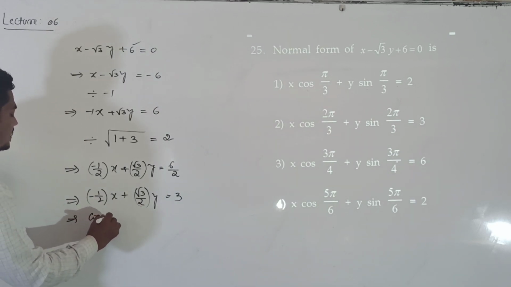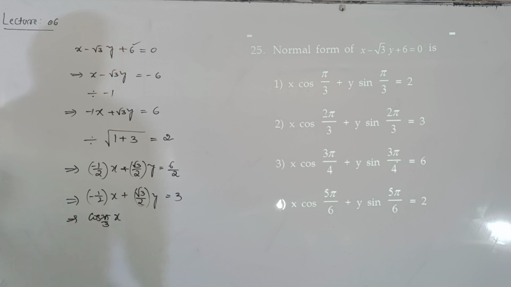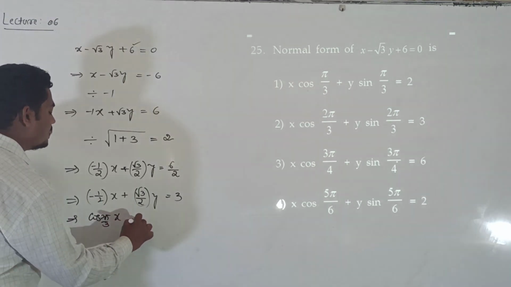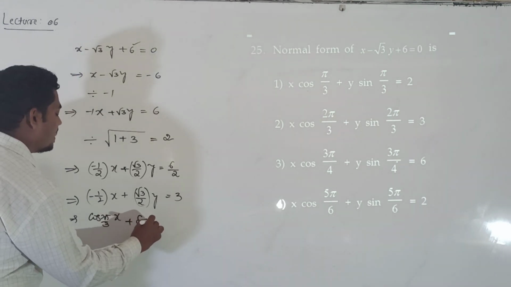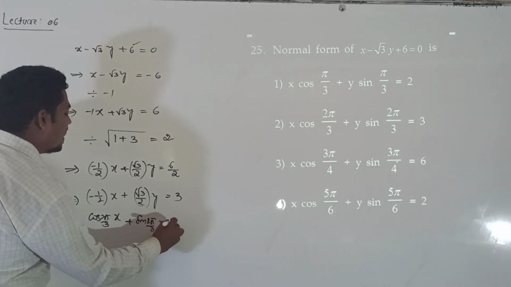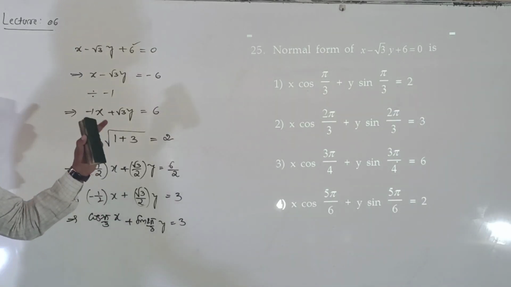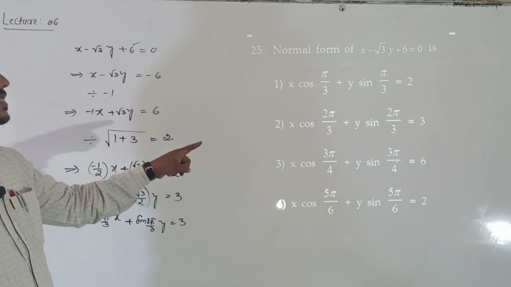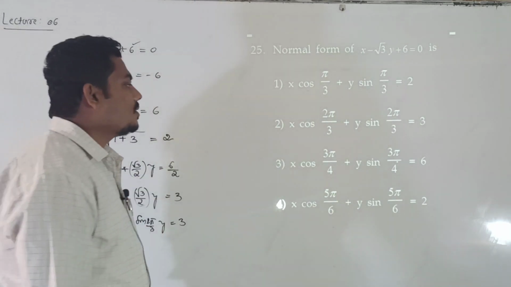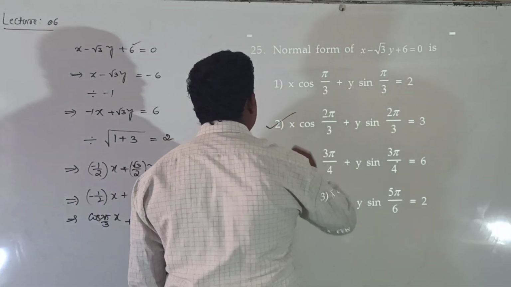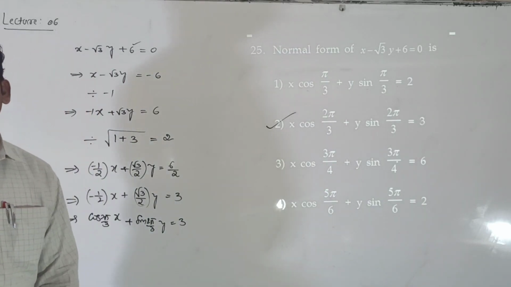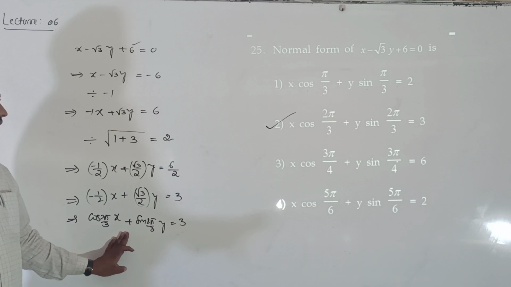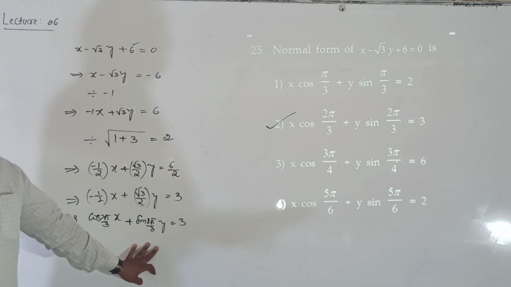Cos 2 pi by 3. Why? Because cos 120 is minus 1 by 2 and sin 120 is root 3 by 2. So sin 2 pi by 3 into y is equal to 3. This is the normal form of the equation of the line: x cos 2 pi by 3 plus y sin 2 pi by 3 is equal to 3. That is the second option. The normal form of the equation of the straight line is cos 2 pi by 3 into x plus sin 2 pi by 3 into y is equal to